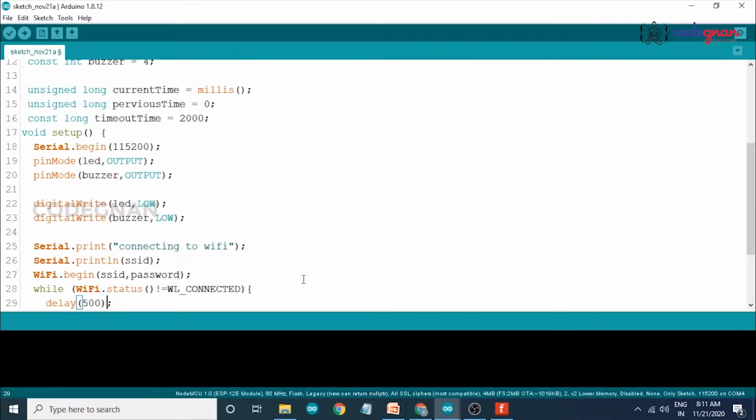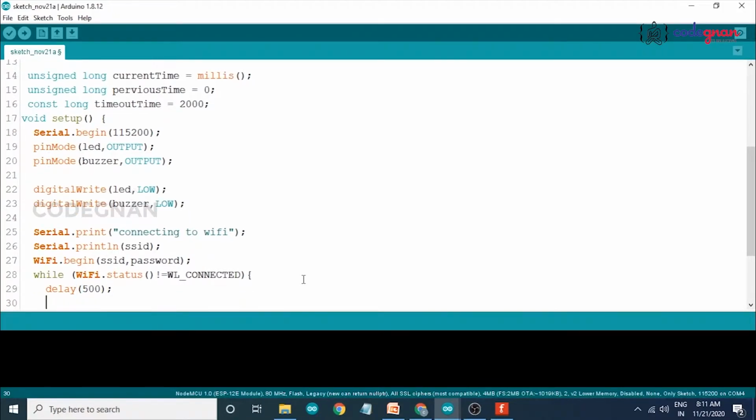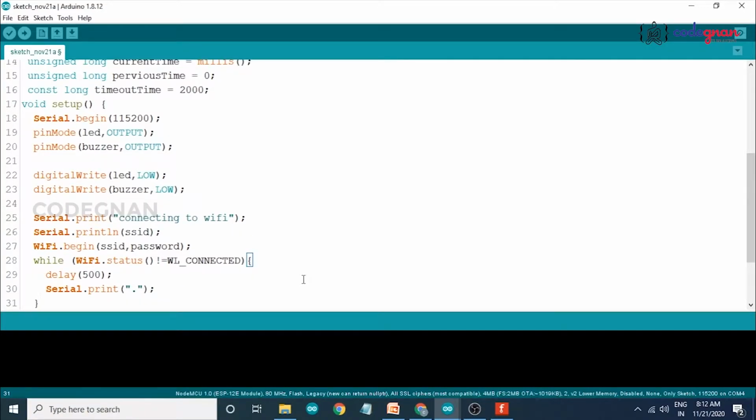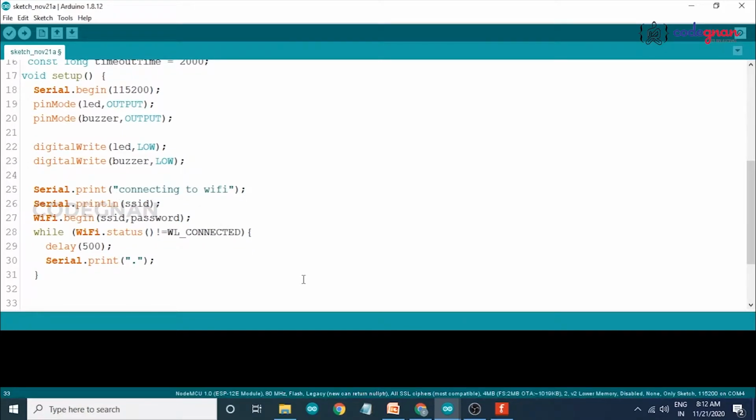In the delay, our Wi-Fi connection is connecting, and Serial.print a dot. The dot shows that the process is running, so we give some dots to recognize it.